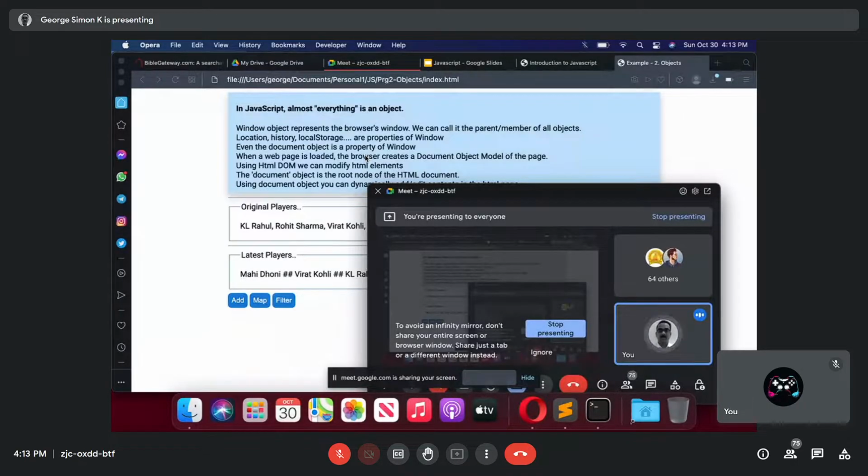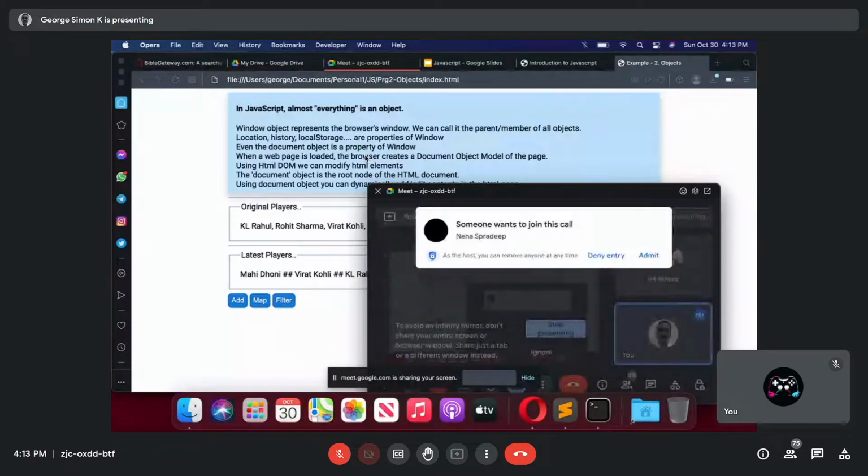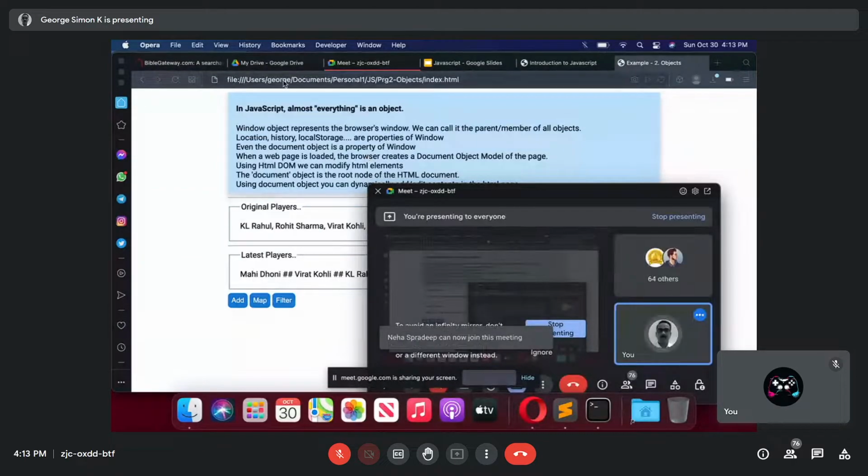What I mean is, when you say document dot something, it refers to the screen from the top left portion all the way to the bottom right, and whatever is inside the HTML file, you can call it an element.